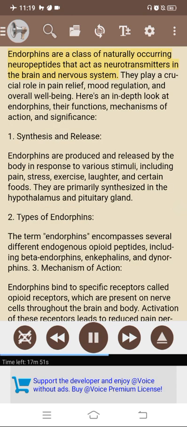Endorphins are a class of naturally occurring neuropeptides that act as neurotransmitters in the brain and nervous system. They play a crucial role in pain relief, mood regulation, and overall well-being. Here's an in-depth look at endorphins, their functions, mechanisms of action, and significance. 1. Synthesis and release. Endorphins are produced and released by the body in response to various stimuli, including pain, stress,